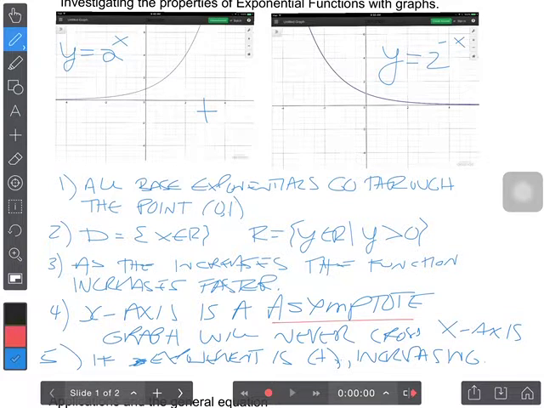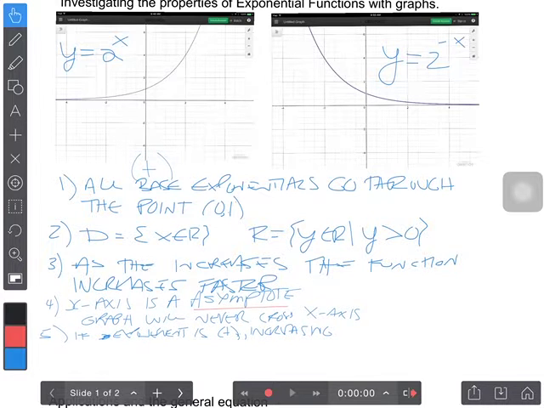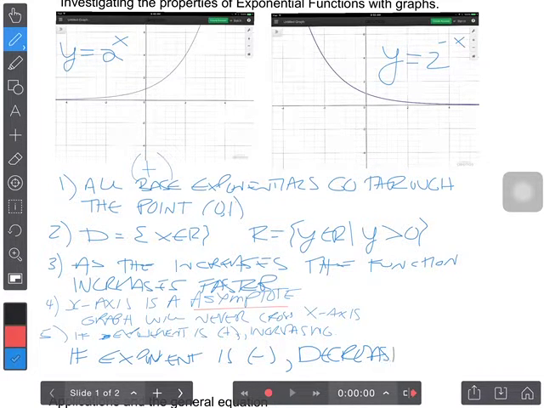Okay, so this is a positive base right here, so it's increasing. If we go with a negative base, I'm going to have to shrink this in just to get it in for me. Okay, if the exponent is negative, it is a decreasing function. All right. So those are the 5 properties that I need you to be aware of or be able to work with